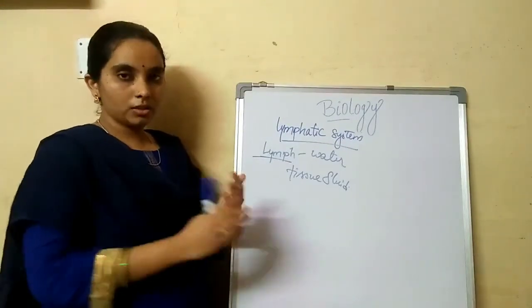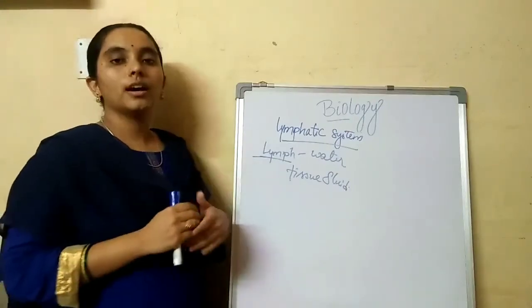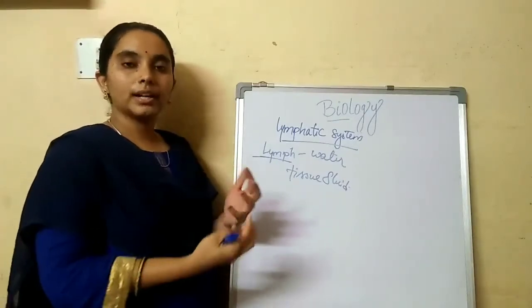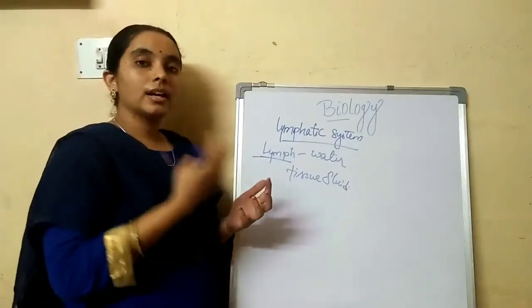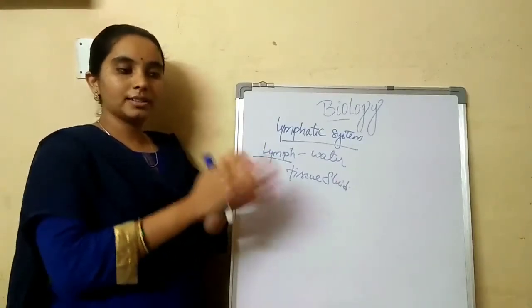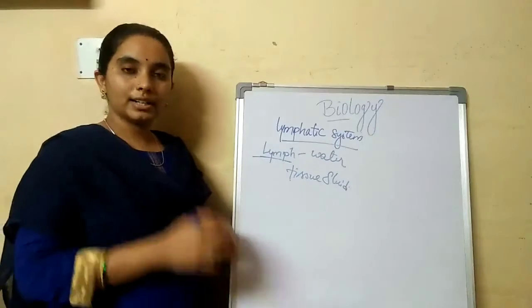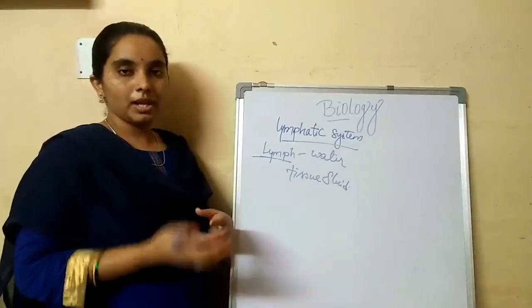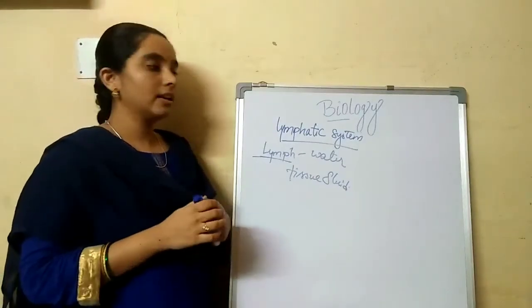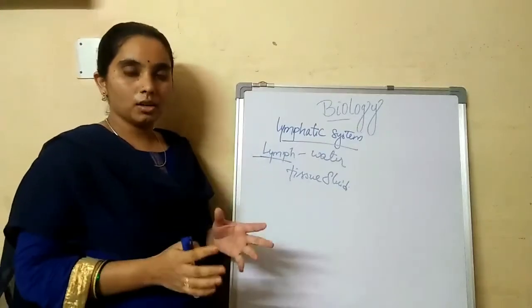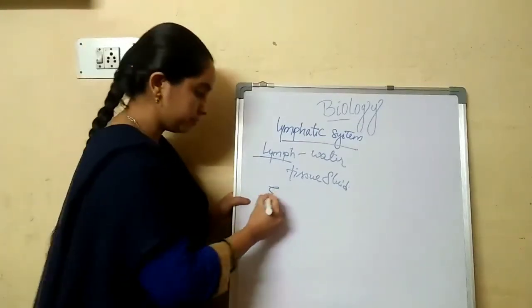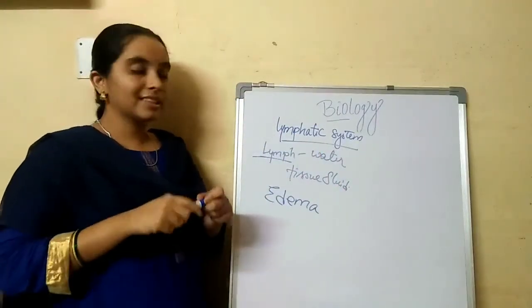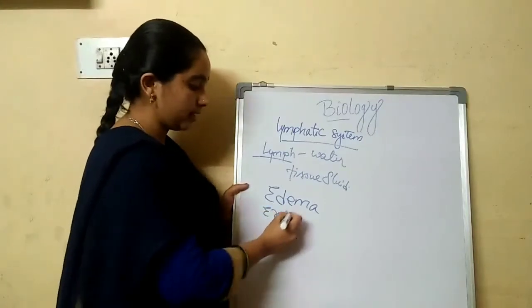Okay, so when you fold or change your position, like if you sit, your leg position is different. If you sit for a long time, the fluid cannot circulate in your body and fluid accumulates at the particular place there. That is why your legs will be swollen up when you sit for a long time, and that condition where you find swelling in your body is called edema. Okay, the swelling in our body is called edema. If you see redness in your body, that is called erythema.